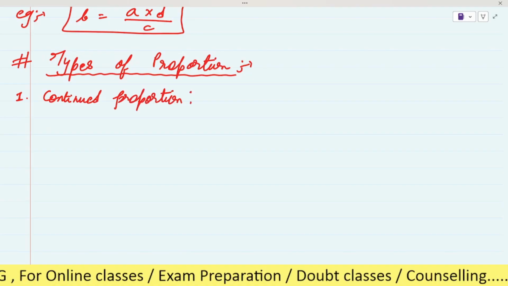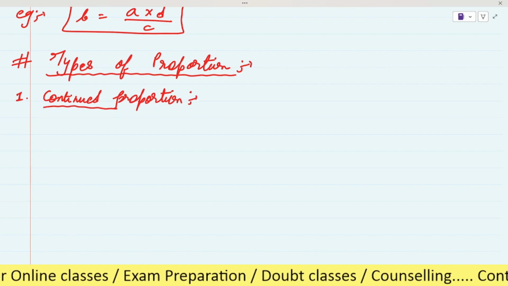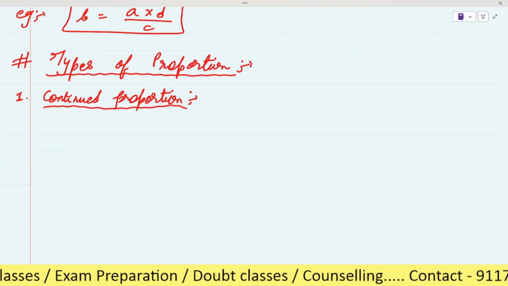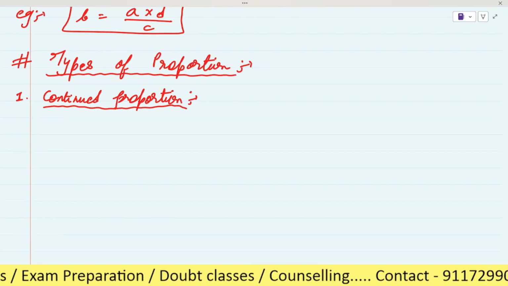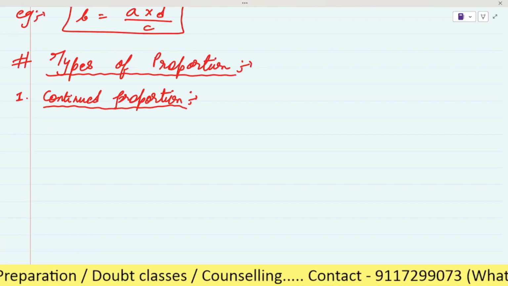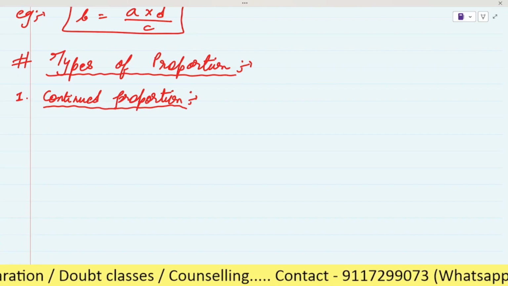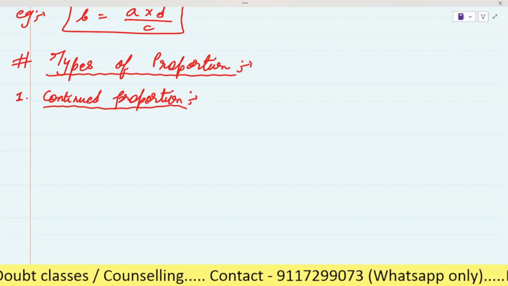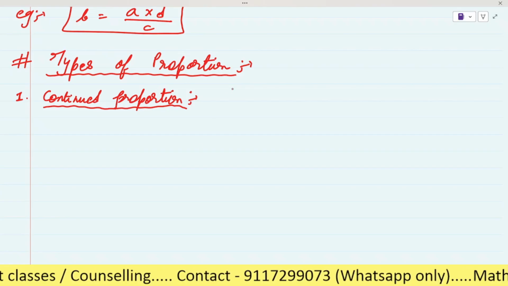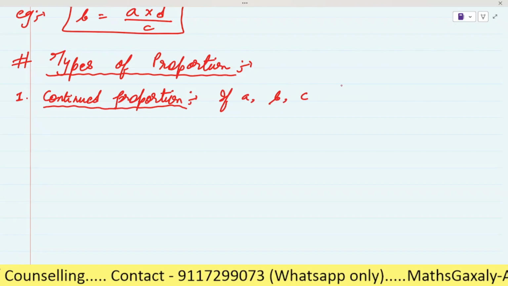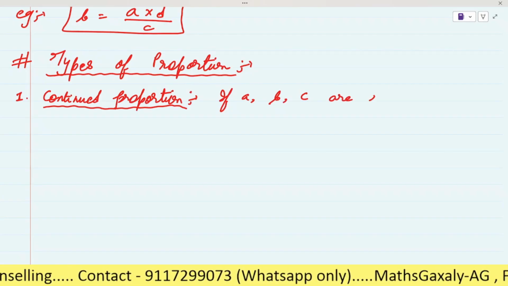Three quantities are said to be in continued proportion if the ratio of the first to second is equal to the ratio of the second to third. Or you can say if A, B, C are